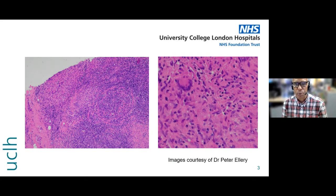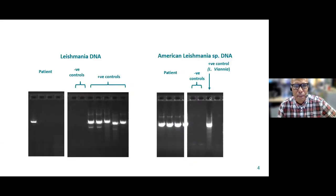And a skin biopsy was performed, and thank you to Dr. Peter Ellery, our consultant histopathologist, for these lovely images of granulomatous inflammation. And I think we'll move on because I can't indicate the granulomas from this end. Thank you. Now, I think what's the first thing to comment on is that at the time that he had his skin biopsy,